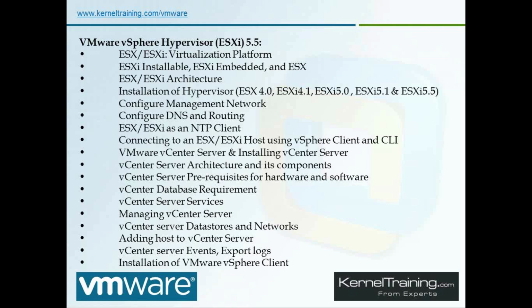Next, configure DNS and routing. What is DNS and routing, and how do we configure it? Once the ESXi host installation is completed, we need to add it to the domain. And if we want to resolve the IP address with the host name, then we need the DNS configuration. We usually do it by connecting to the DCUI, the direct console user interface of the ESXi server,